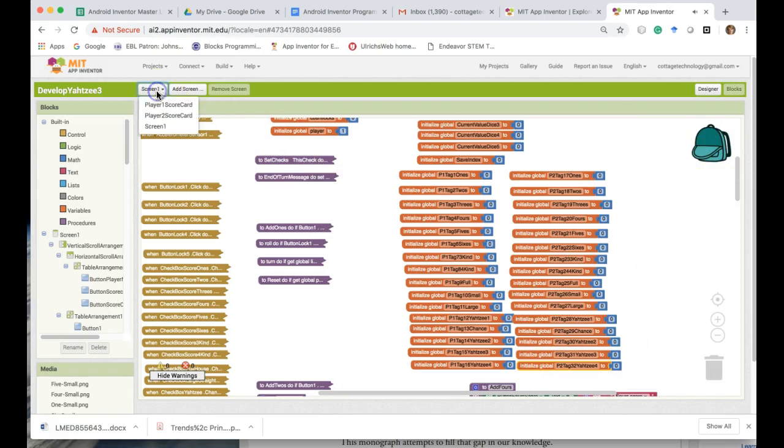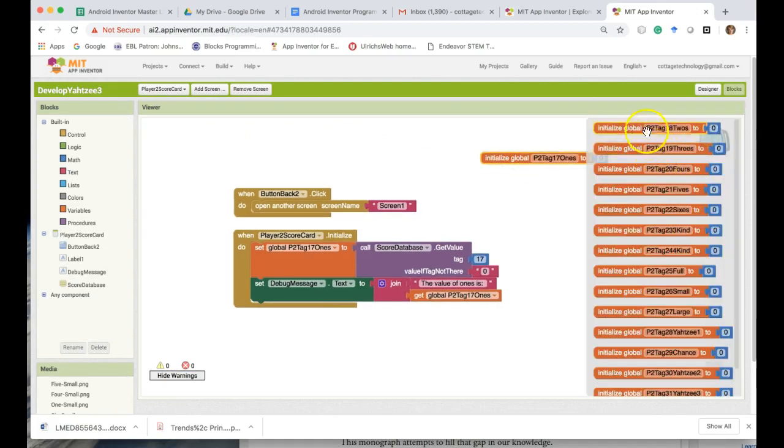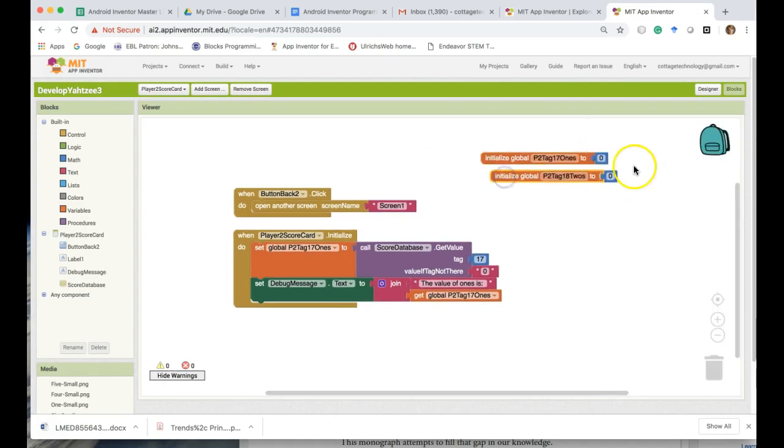Let's go over to screen 2. Okay, so as you can see, we do not have all those yet. And what we need to do is bring over the P2, tag 18,